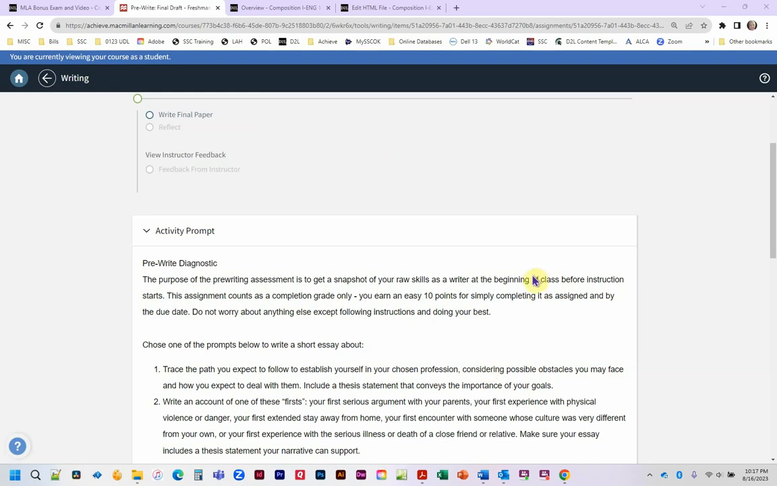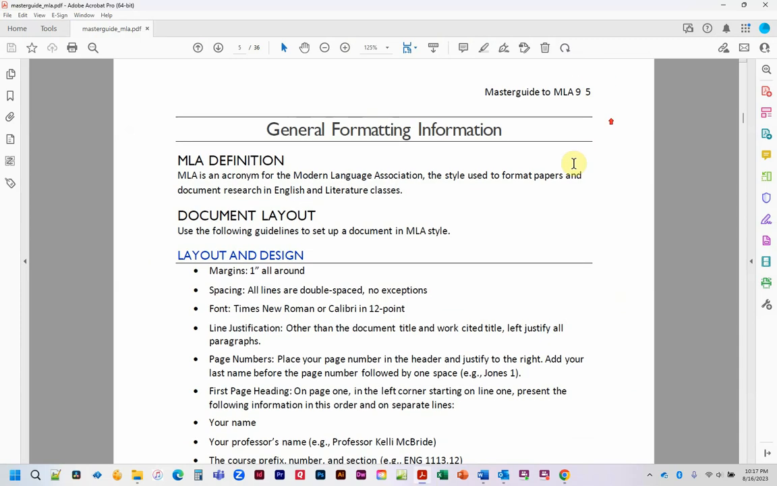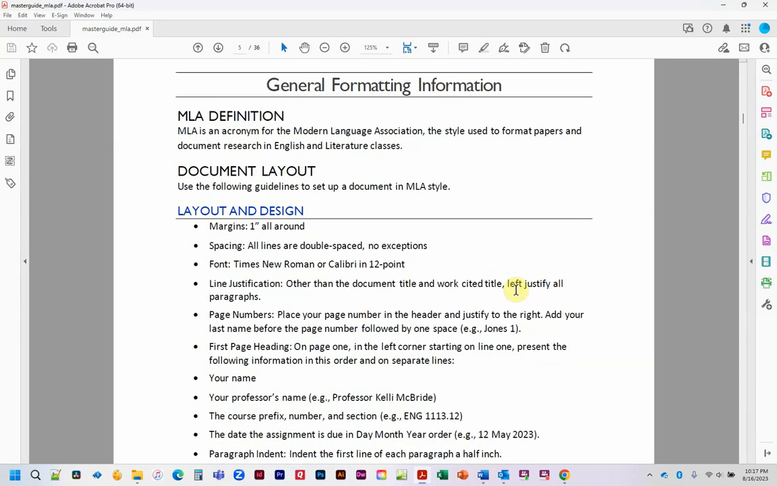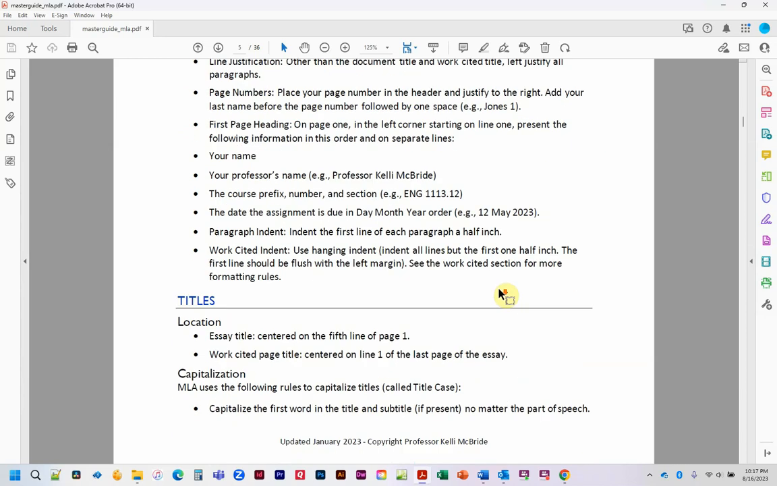Hi, in this video I'm going to show you how to set up a paper in MLA style. You can find the actual rules in the Master Guide to MLA, which I provided links to in the class. It's going to be on pages 5 through 7 under Document Layout. So you're going to actually see the specifics, so if you can't remember, this is where you can go to